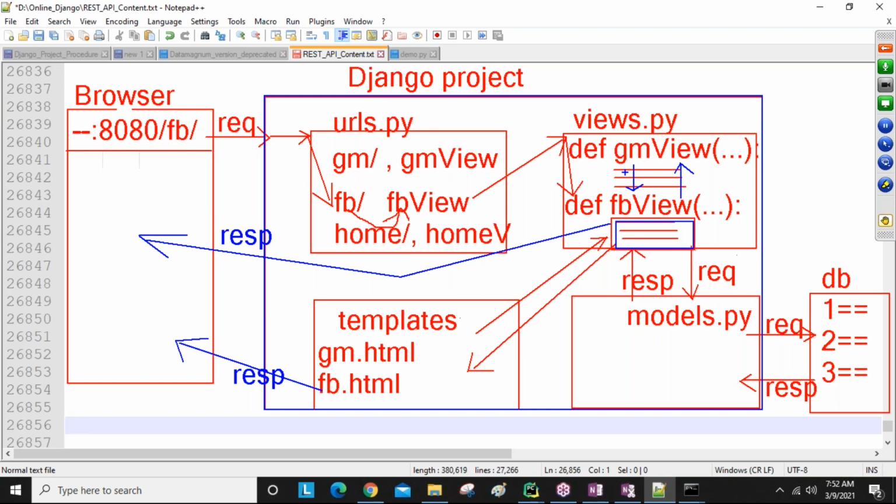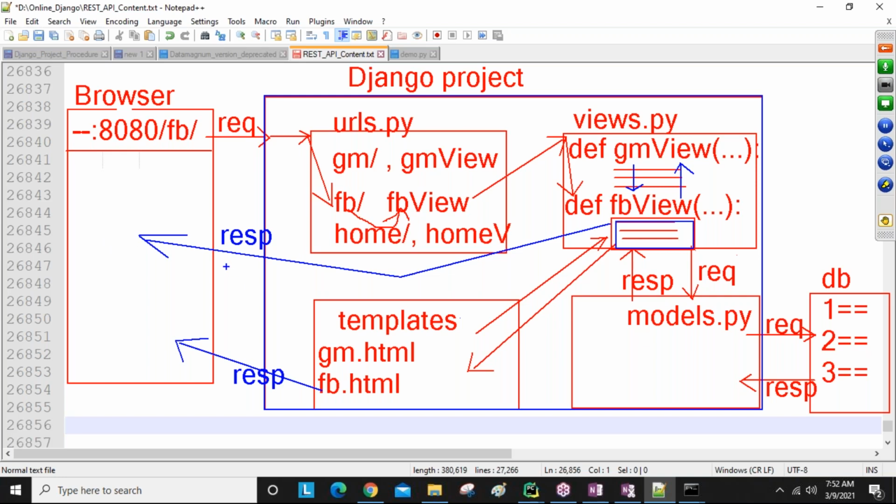Whenever our view interacts with a particular template, this template response we can directly give to the browser. Otherwise, after executing this template, we can send the response again to the view. Now our view sends the response back to the browser. Clear guys? Variations. Next, our view connects to another view, and this view directly returns to the browser. There are a number of variations.